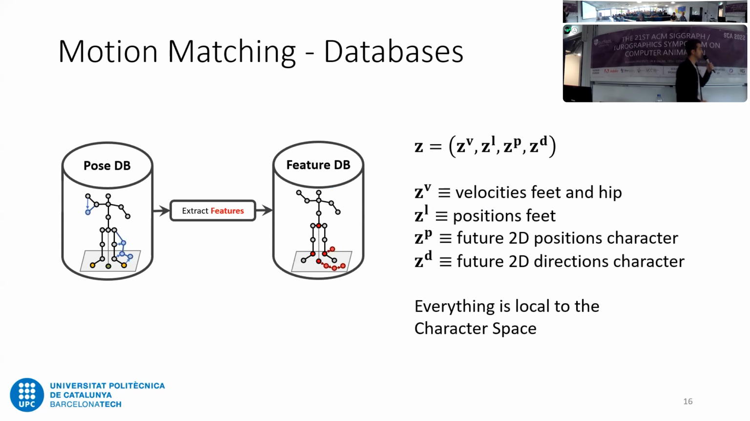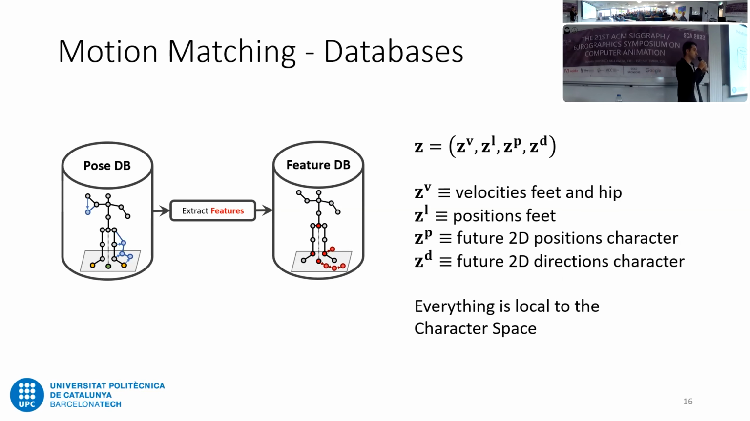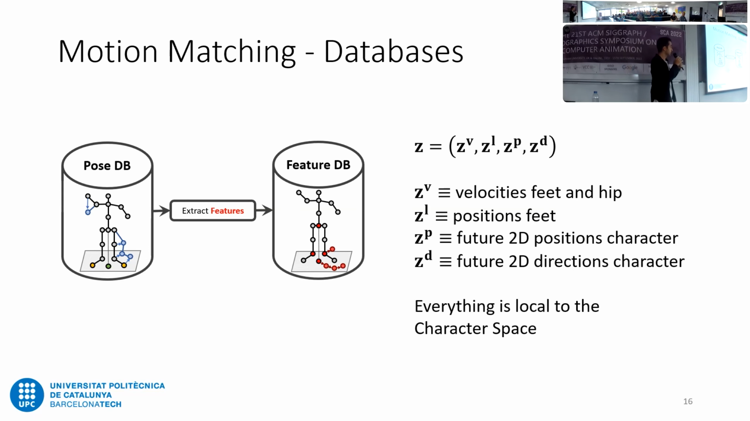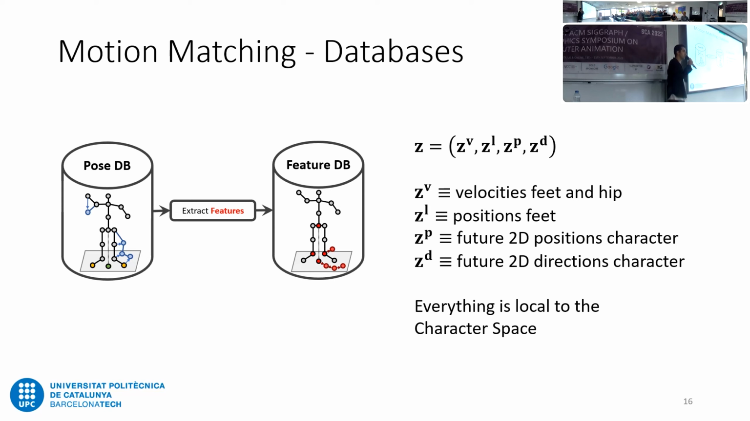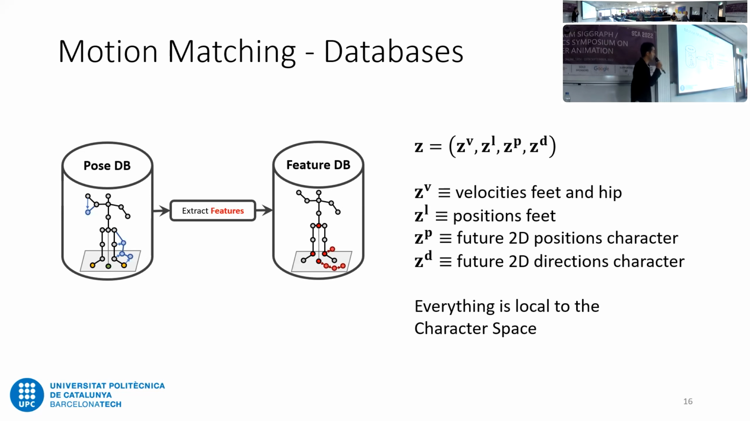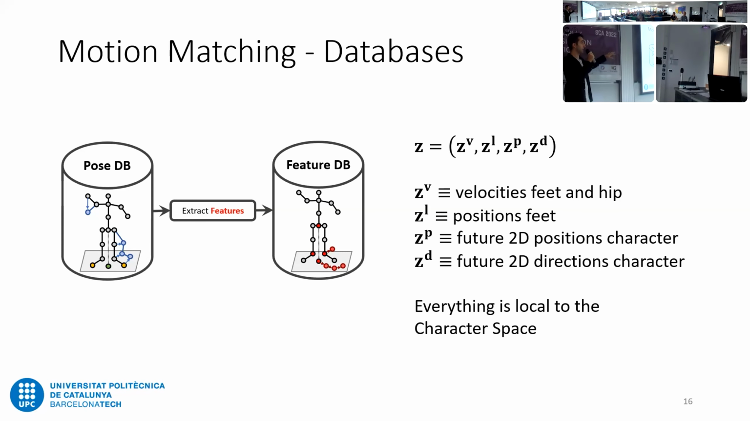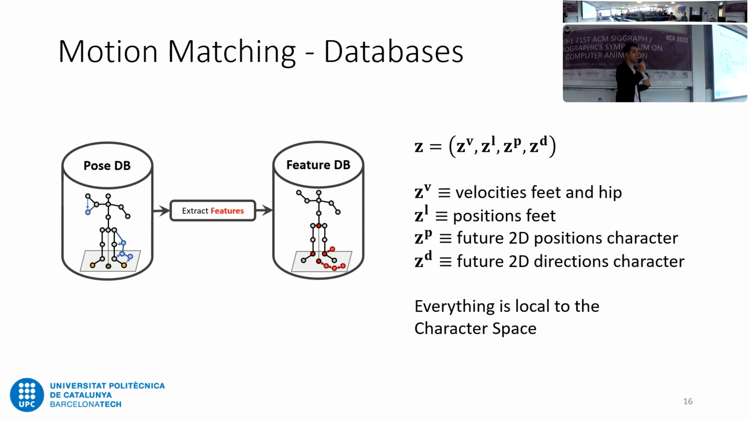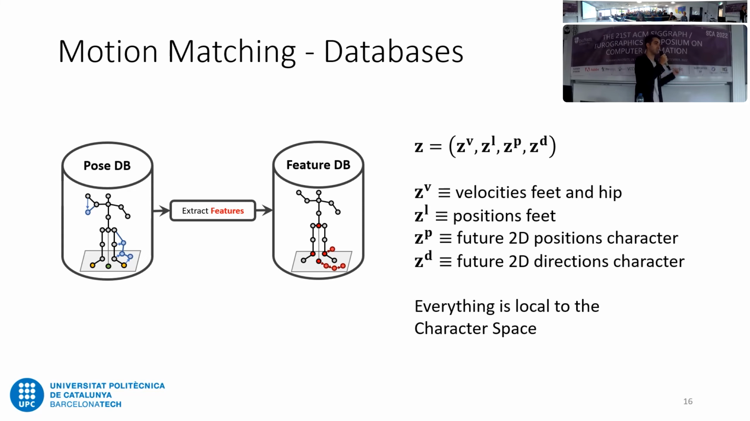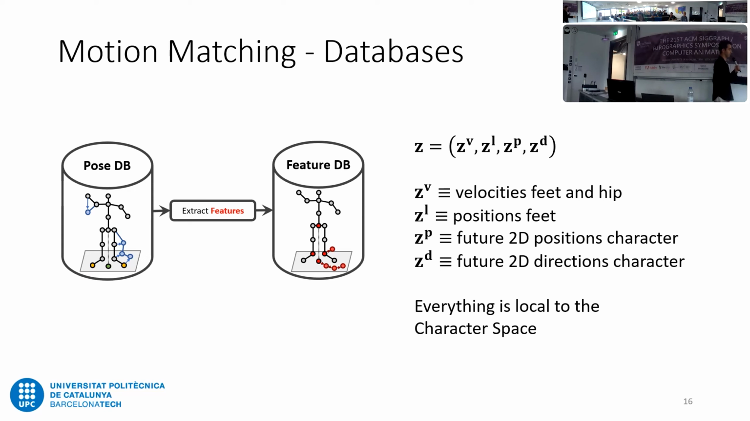Once we have the pose database, we extract the main features for locomotion. So there is the velocity of the feet and the hip, and the position of the feet. These two are what is called the pose features, because they represent the current pose of the skeleton. And then we have the trajectory features, which represents where the character is moving towards,